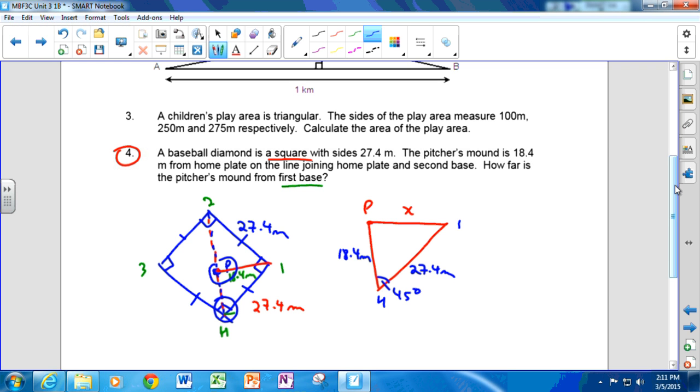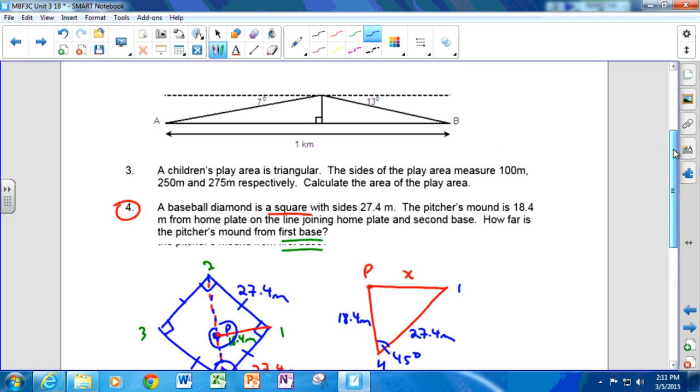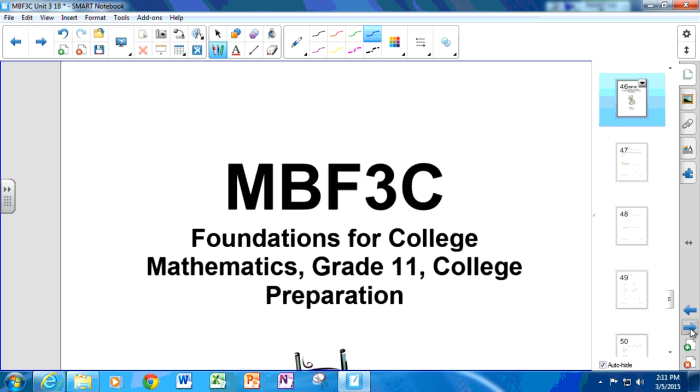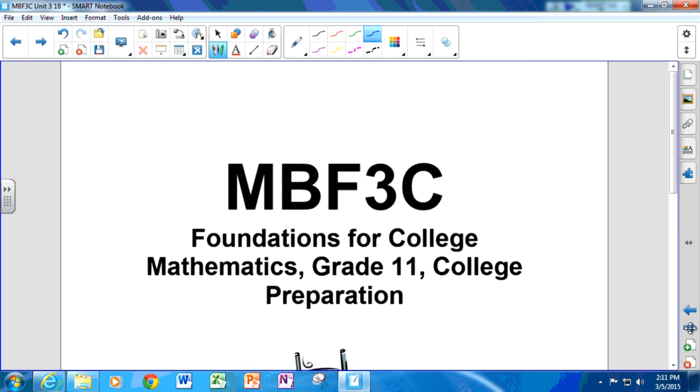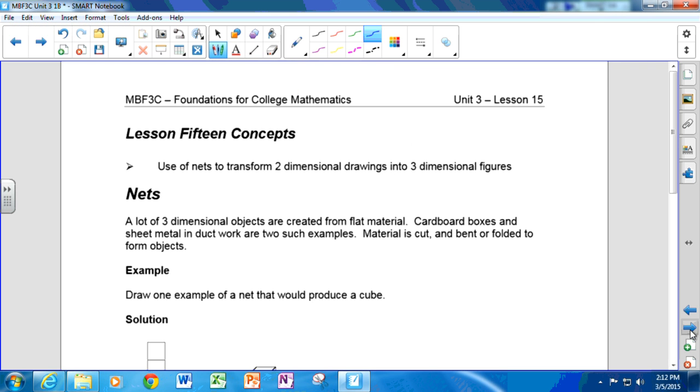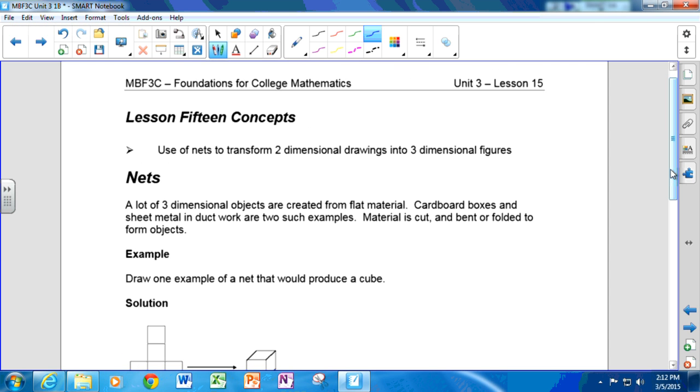All right, well, let's take a look then at lesson 15. This is going to be a relatively short lesson because it's on a topic that's just a little bit off of what we've been doing. It's called creating nets, and it's actually a fun activity. They don't give you very much in the unit, and what I suggest you do is go on the internet and search for